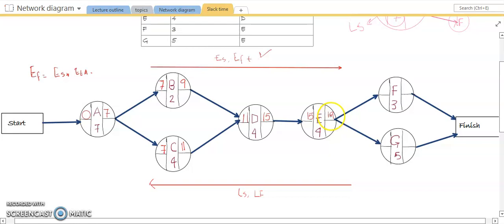So we will allocate 19 to both, because as soon as E is completed, we can start activity F and G anytime. So 19 and 19. 19 plus 3, 22. 19 plus 5,